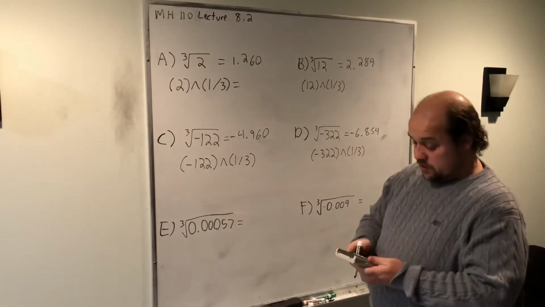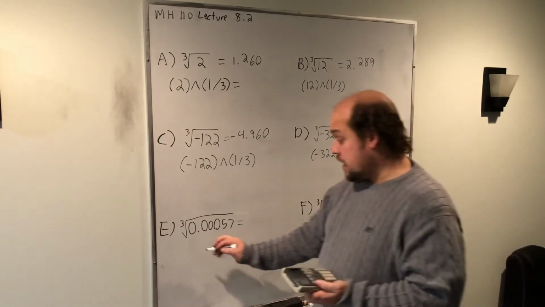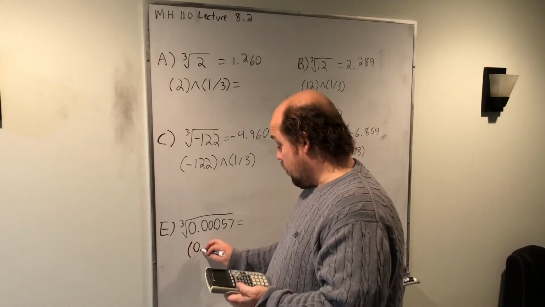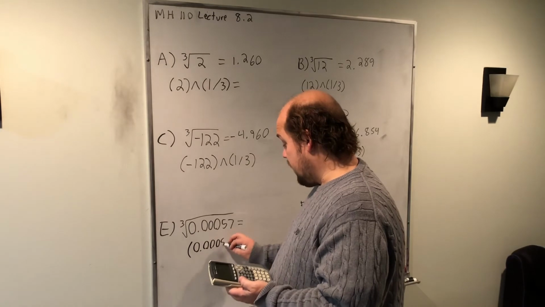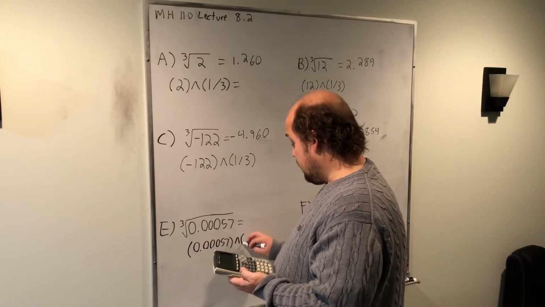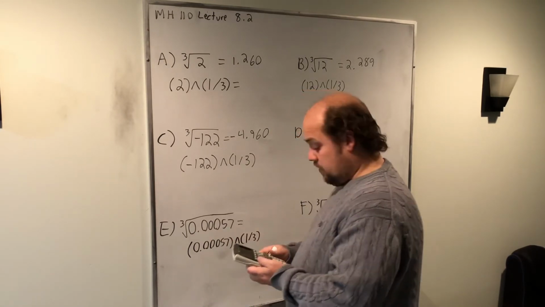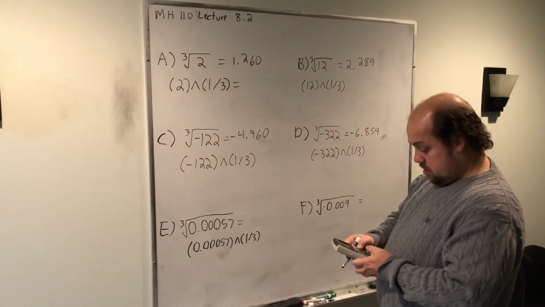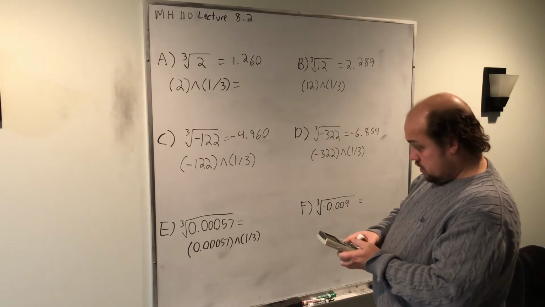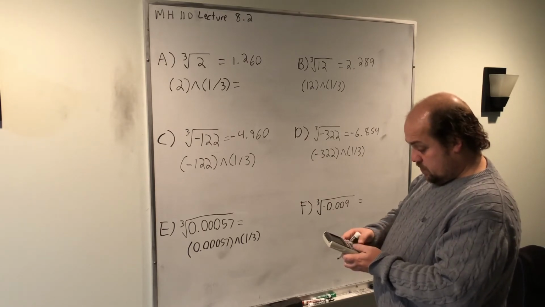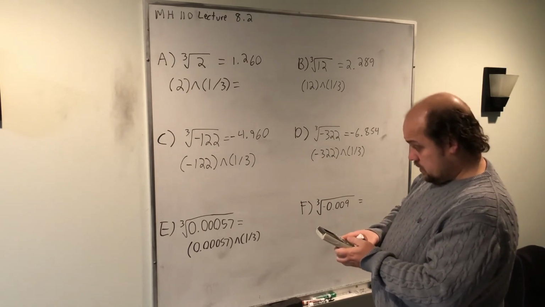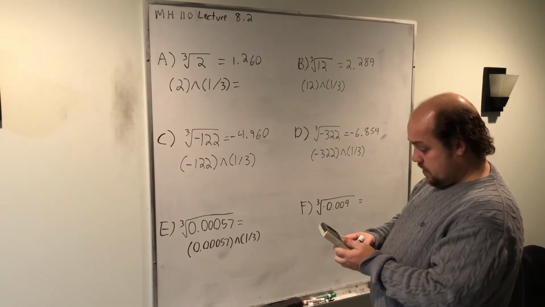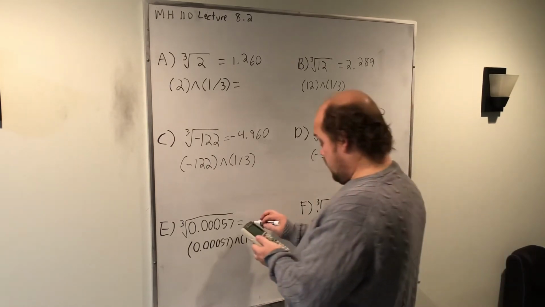For these really small numbers, I still do it the same way. I put what's under the root, 0.00057, now taken to the power of 1 divided by 3. When I do that, I get 0.00057 to the power of 1/3 equals